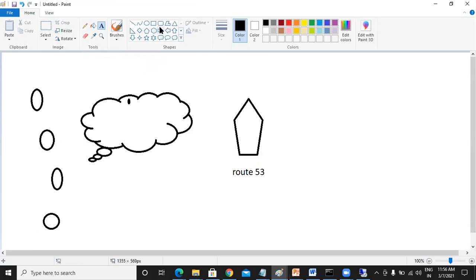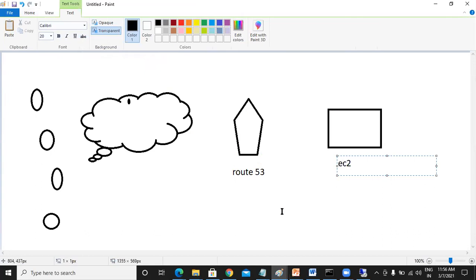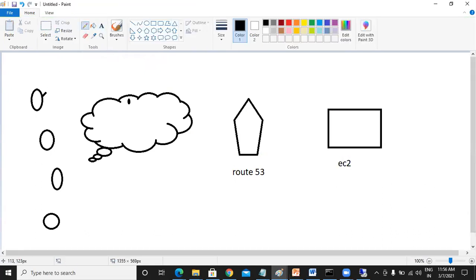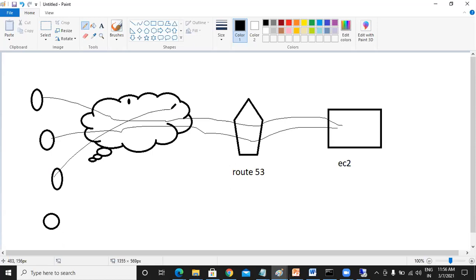In the background, I will have my EC2. Which means that any user who wants to access the website via the internet through Route 53 is connecting through EC2. This is what is happening at present. Whenever you connect, you can see here, it connects to the EC2, and you're able to access it.